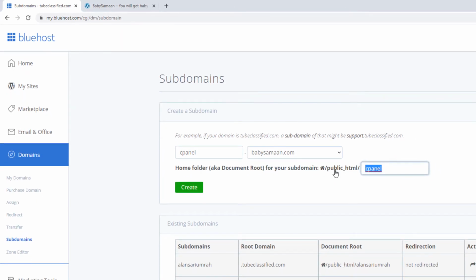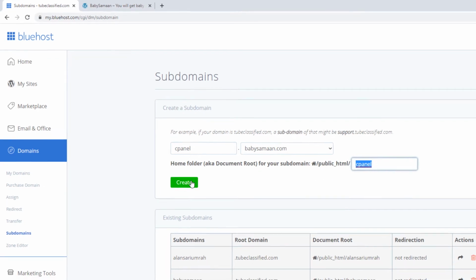Inside the File Manager, you will see public_html. This is the home folder, also known as the document root for your subdomain, like this one. Inside this section, you will see this folder, cPanel. You can change the domain name and subdomain name. You can do that. So in my case, I'm going to create that,